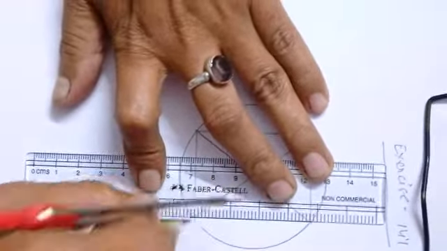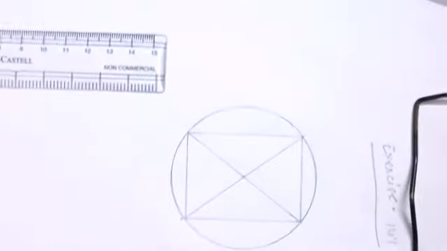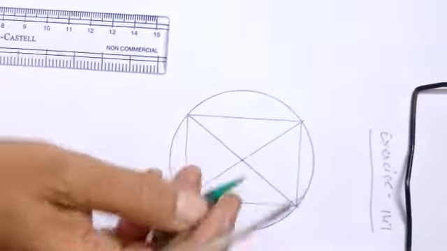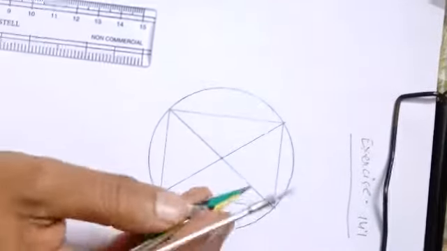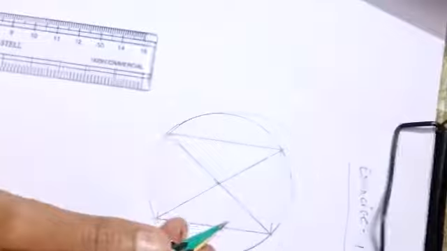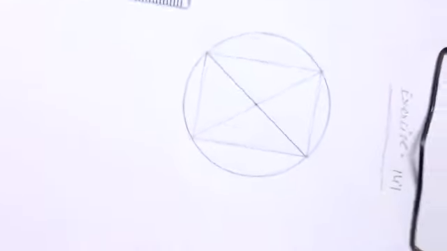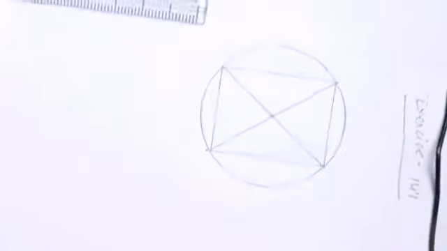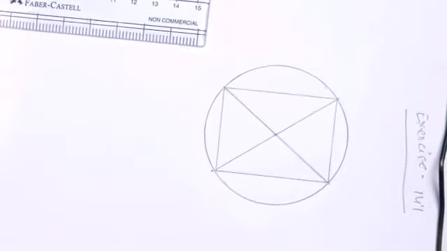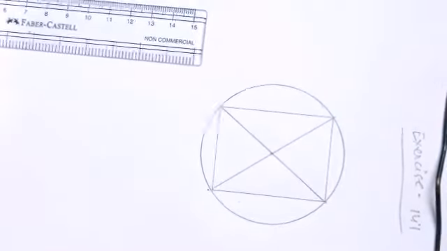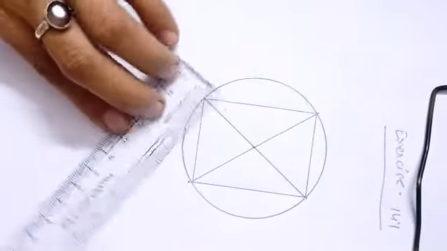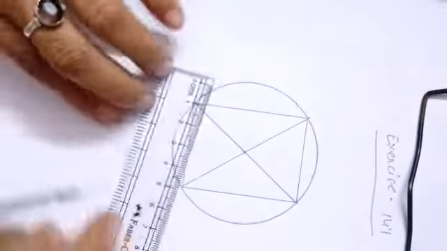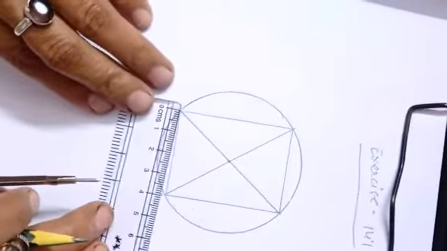Okay, now whatever I have got here, I don't know what the angle between these two diameters is, but what shape have we got? Here you might have noticed it is a quadrilateral. Now if I measure the sides, you have been asked what figure is obtained by the diameters. So if you measure the length of the sides of this figure, we can find out what figure we have got.